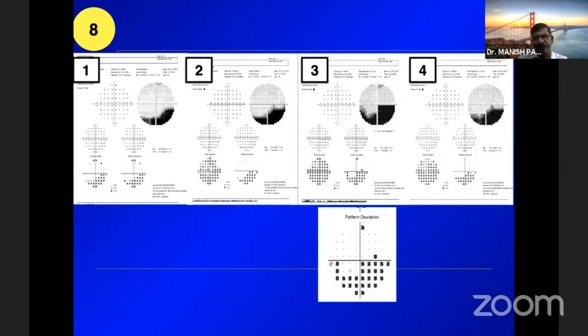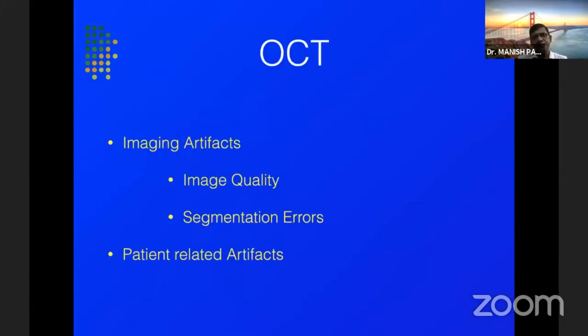And at number 3, you can see number 1 and 2 look very similar. And number 3, there is an apparent progression in that eye. But unless and until you are very sure that this is related to the patient and everything appears to be normal, the pressures are normal, the optic discs appear to be stable, repeat that visual field to find out whether there is an actual progression or not. And in number 4, you find that there is actually no progression. This is just a variability of the visual fields that we are looking at.